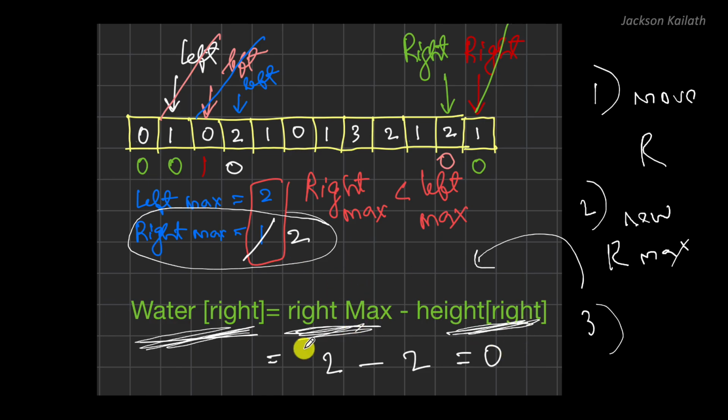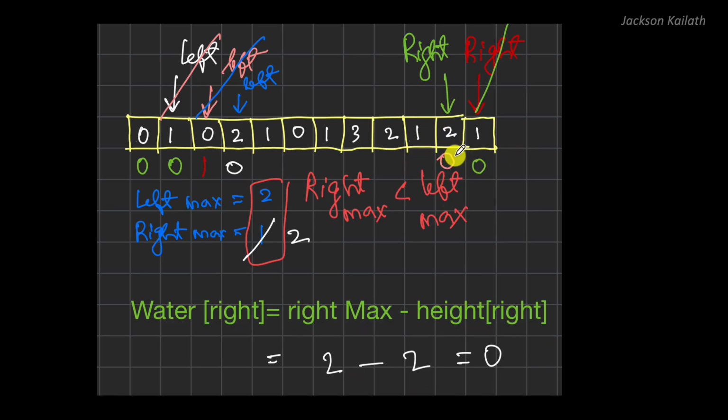Again, we don't need left max over here because right max is less than left max and we need only the minimum between them. Okay, so right max over here is 2 and height at right is equal to 2. So 2 minus 2 is equal to 0,